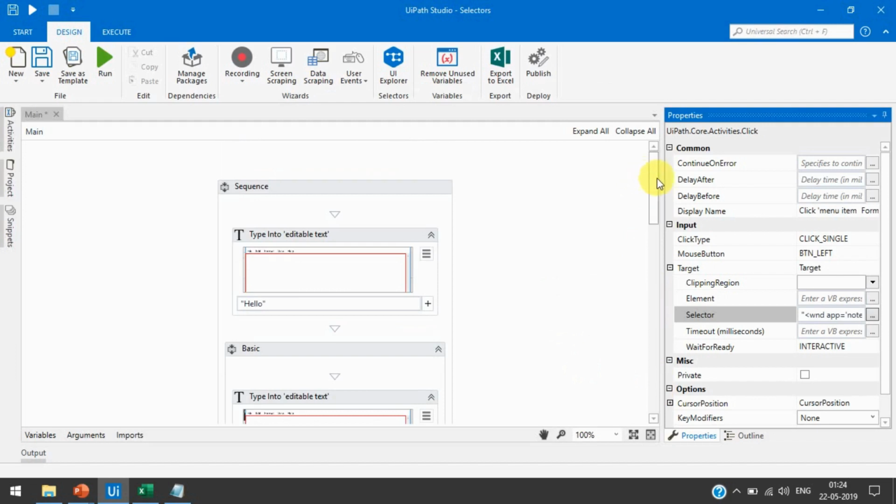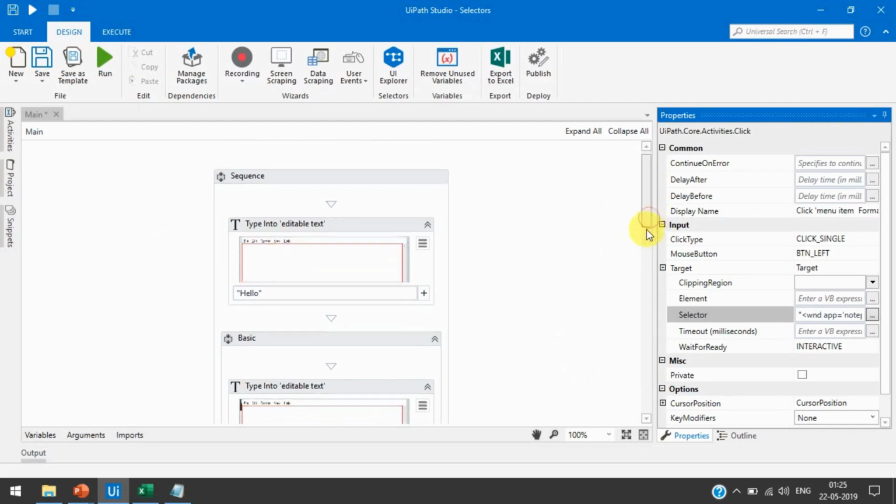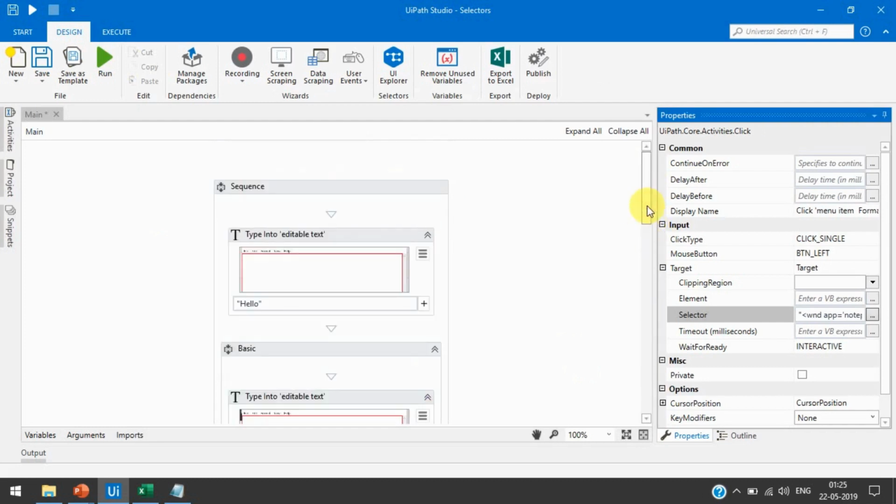So this will work the same as partial or full selector. There is no change. The only difference between the full selector and the partial selector is the top level element, and the second we can say this is generated by the basic recorder and the partial selector is generated by the desktop recorder.